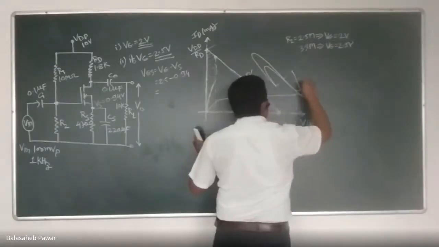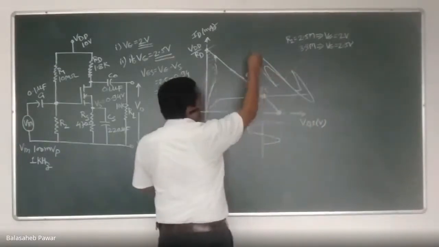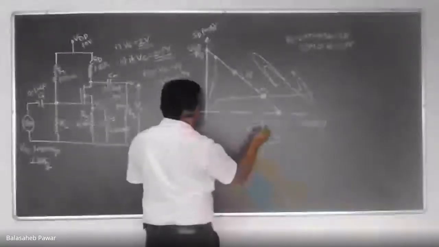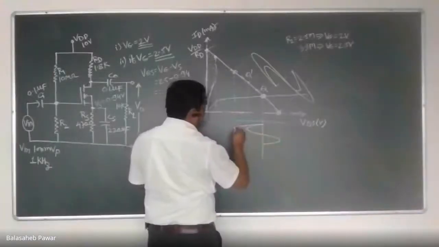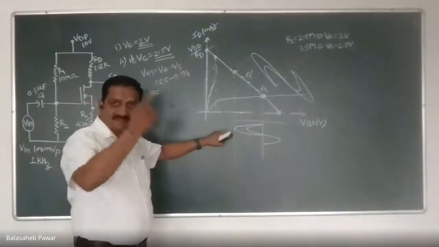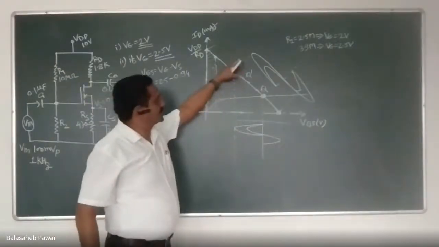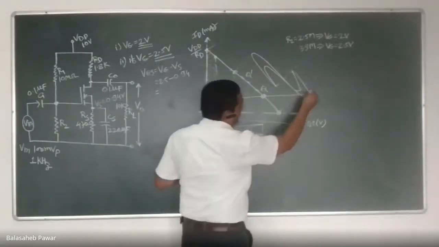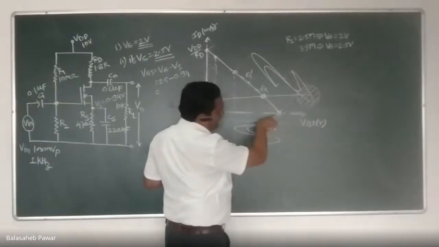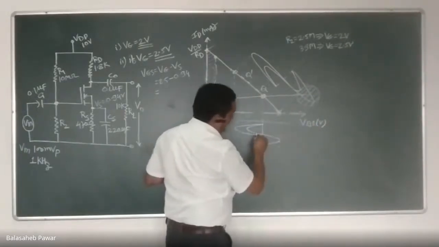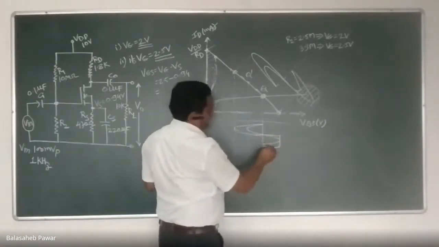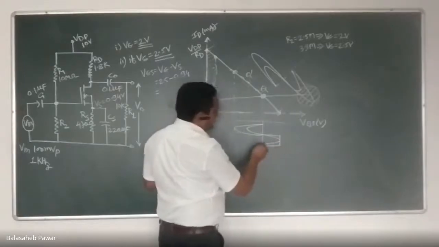Now see what is going to happen. During the positive half of the input, the operating point will get shifted and the transistor will remain in its saturation region. So there will be no clipping of the output. The output will follow the input with gain times like this. It will remain time varying. There will be no loss of input signal. Correct? But during the negative half of the input, for this much input signal, the transistor is working in the cutoff region, and hence the obtained output will get clipped off like this. Are you getting it?